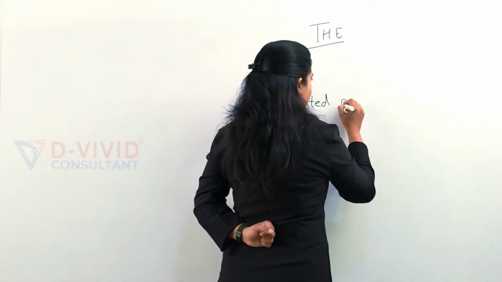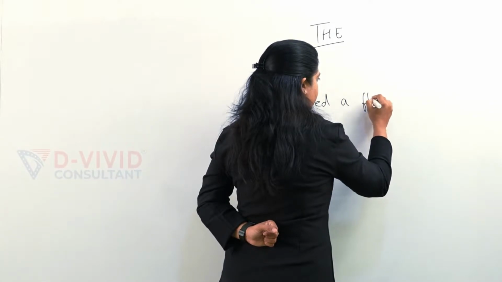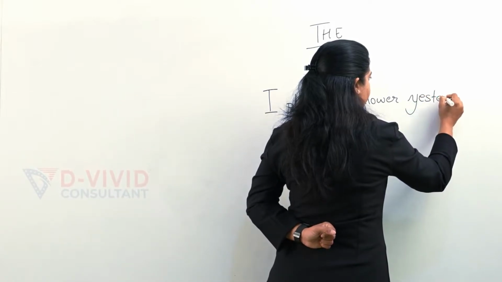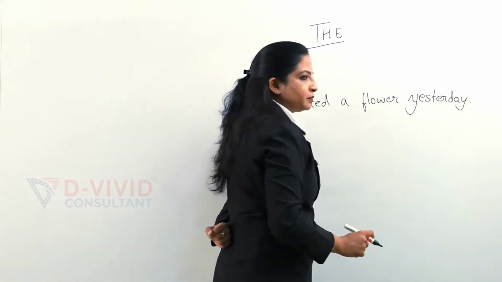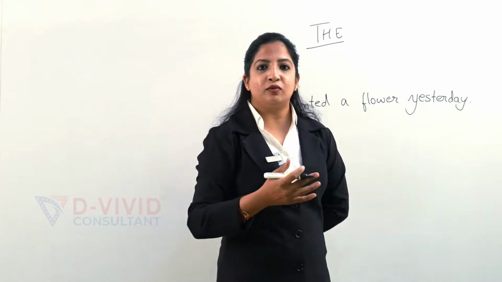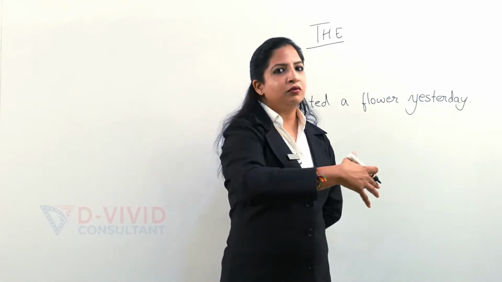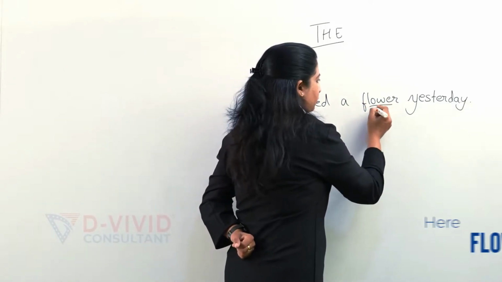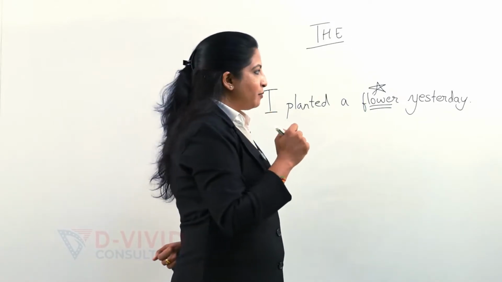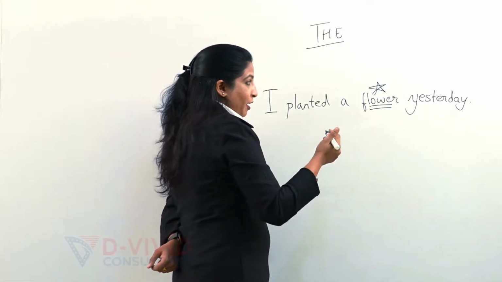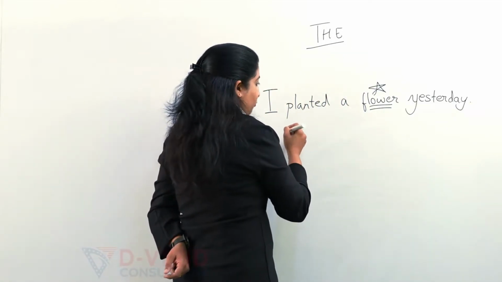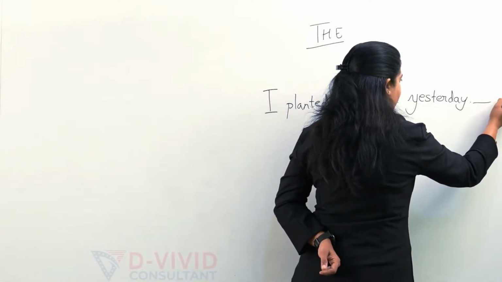I planted a flower. Now in my second sentence, in the following sentence, I want to continue talking about the noun flower. So how am I going to tell my reader that hello, I am talking about the same flower? If I write this, now what happens actually, I want to tell you that. If I say the sentence continues here,